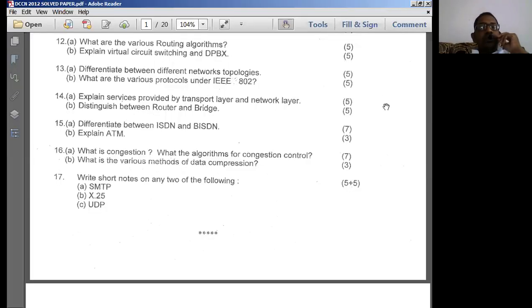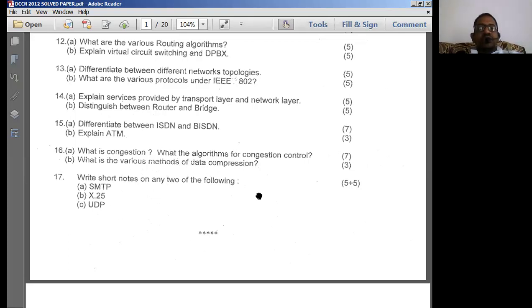Good morning, all of you. We'll continue our discussion on DCCN now. In the previous sessions, we are done with the basic differences between circuit switching and packet switching and all. And in today's session, we'll try to complete unit number 1 and switch over to unit 2. In unit number 1, we are left over with the last topic, that is called X.25.